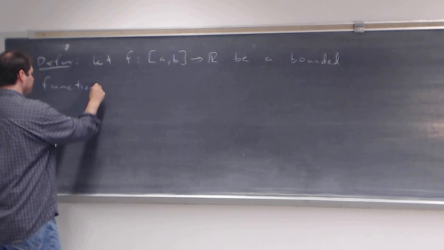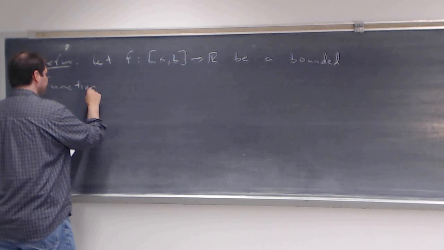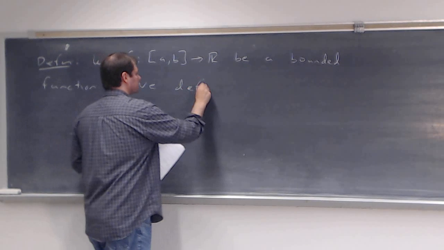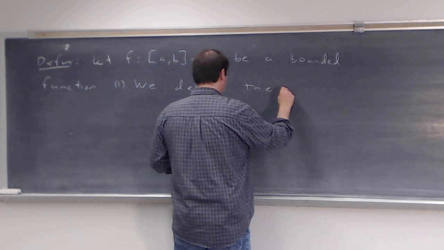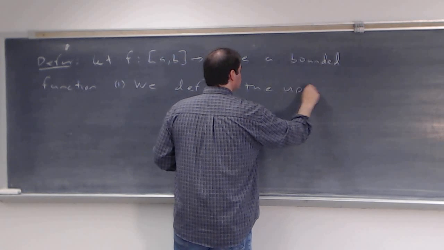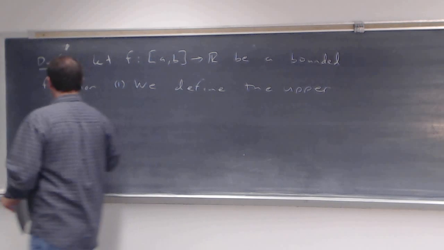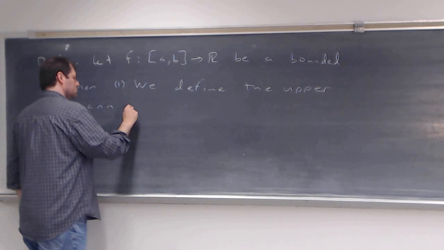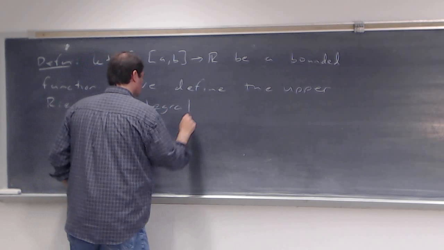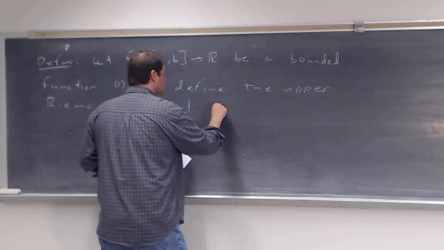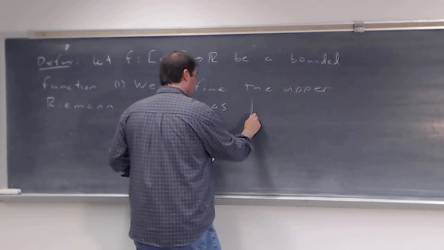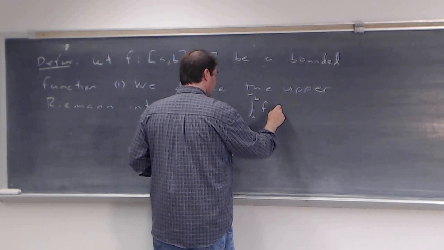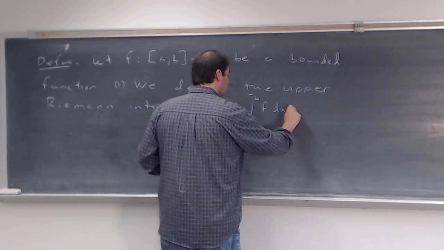And then what we said was we define, so here's the first part of this definition, we define the upper Riemann integral as, so we have from a to b with a superscript bar here of f dx to be equal to